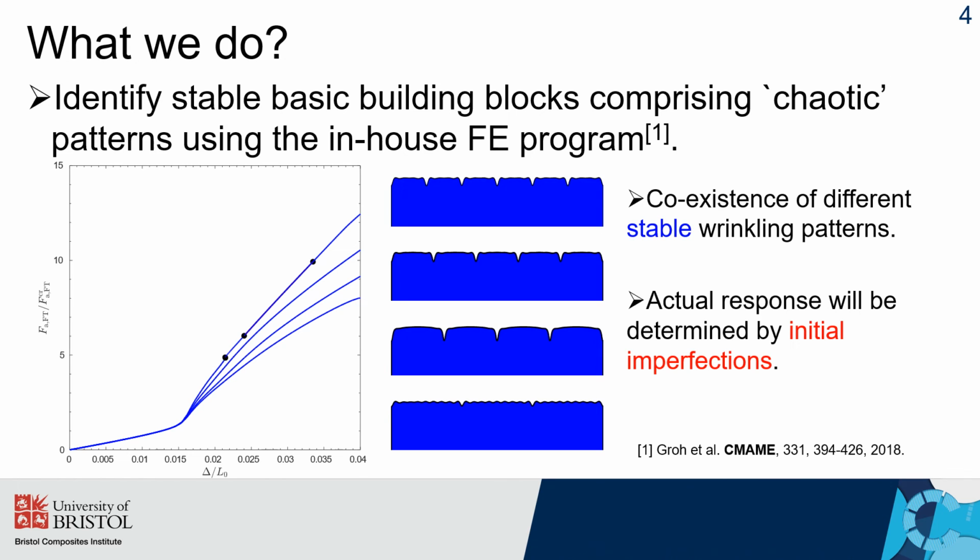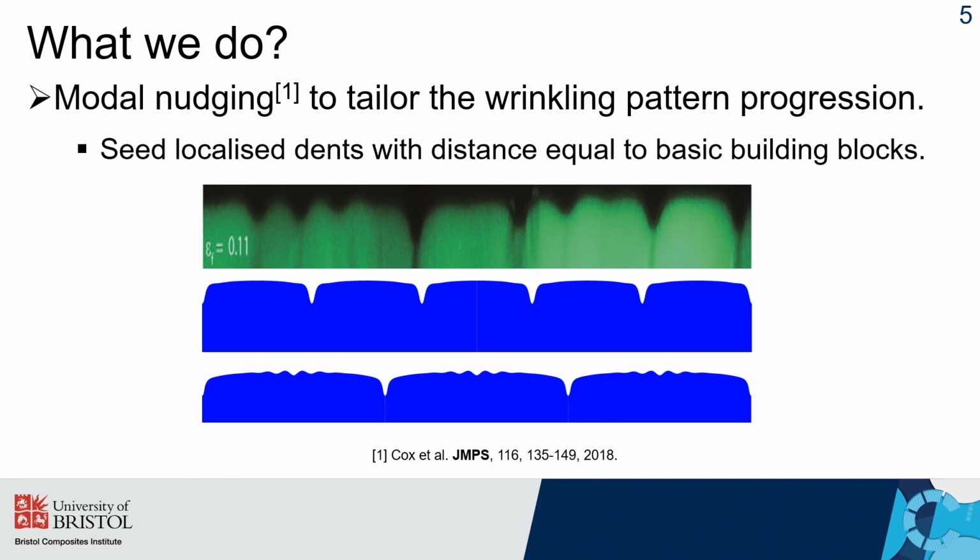In reality, the formation of the wrinkling pattern will be determined by the initial imperfections in bilayers. The randomness of initial imperfections and coexistence of a variety of different stable building blocks lead to the so-called chaotic and irregular wrinkling patterns. Based on the understanding of the nonlinear mechanics, we developed a technique called model nudging to